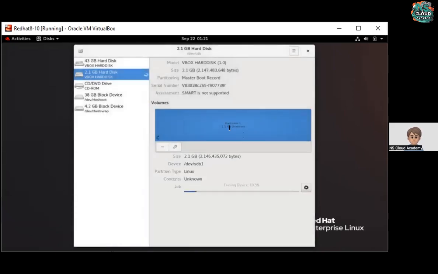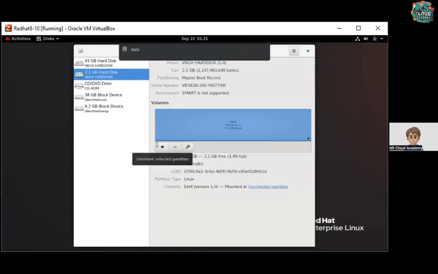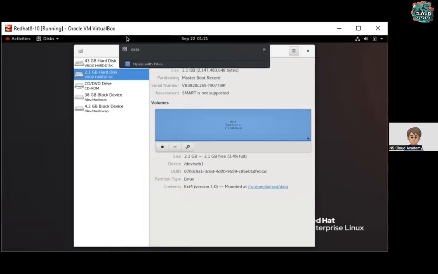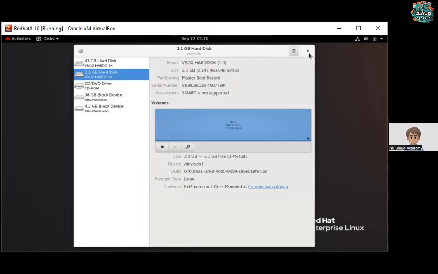See, now this disk is created. It is getting formatted here. Now disk is formatted. Now it is saying you have to mount this. So just play this. What it is saying, this data folder is mounted into system temporarily. So where it is mounted? In run media root data folder, right? Run media root data folder. It is mounted. You can see here